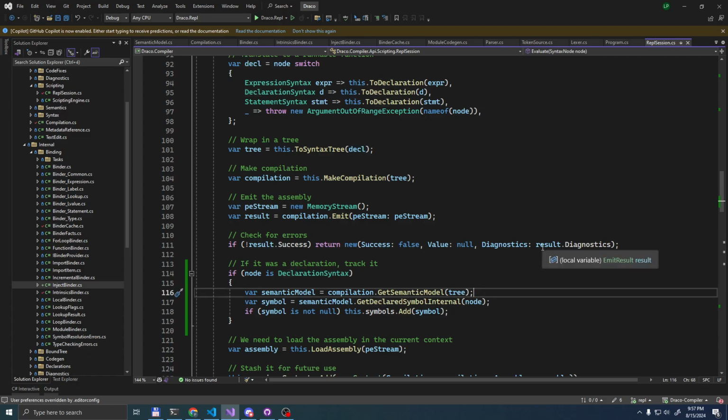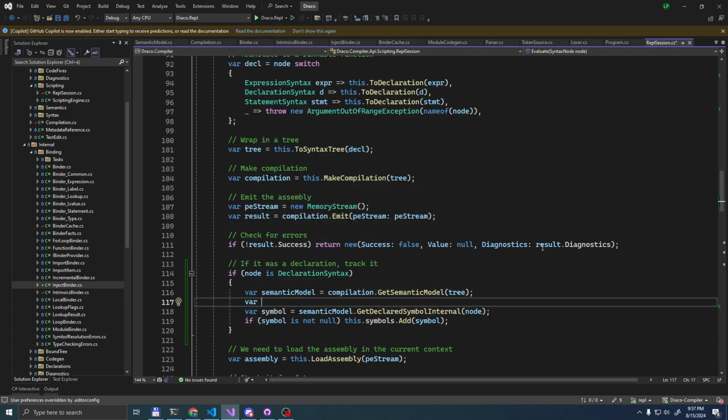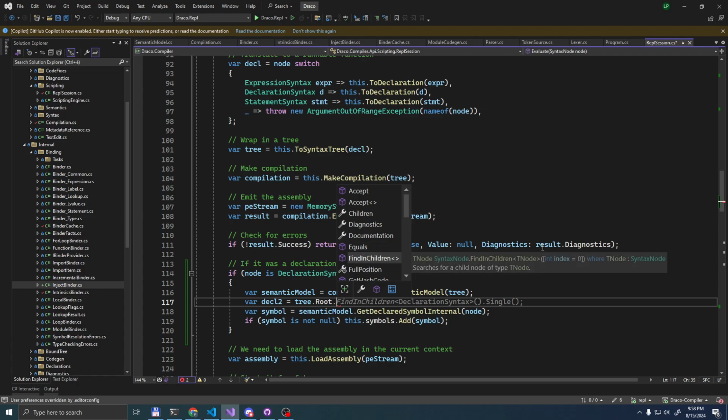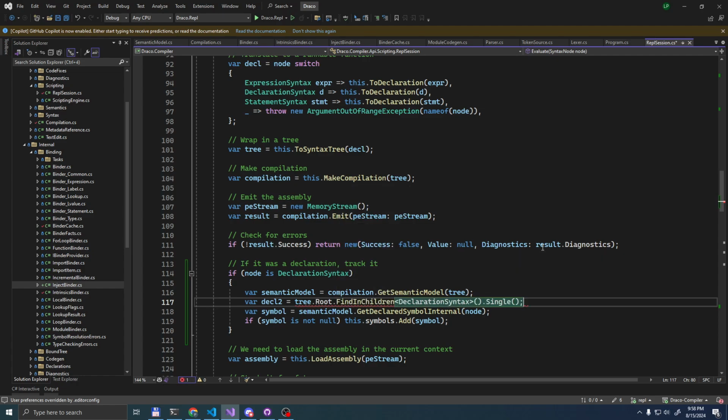As a test, let's look up the only declaration that this tree has. Just as a test, as I'm not sure yet. Let's see if this fails.